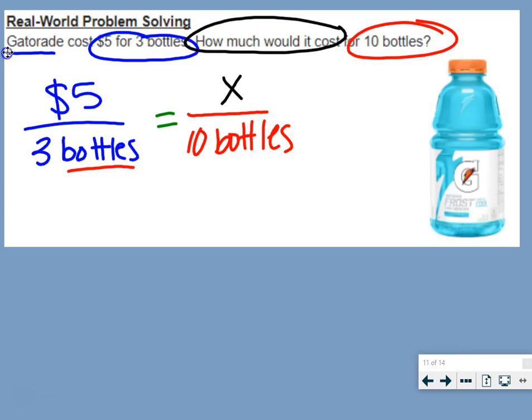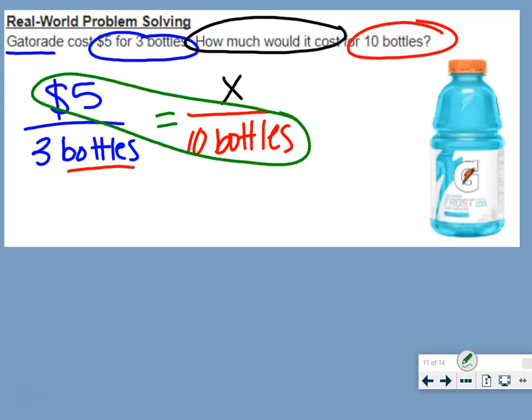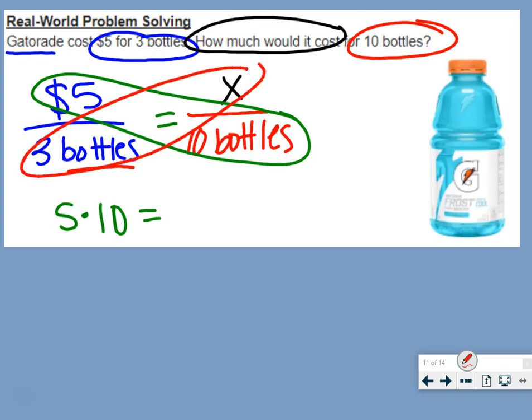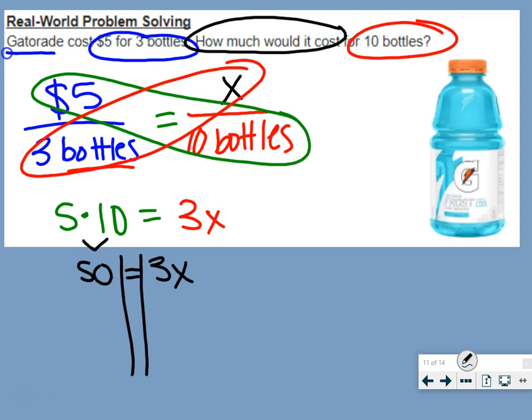Now that we've set up a proportion, we can solve it. $5 times 10 bottles, we would do 5 times 10 equals 3 bottles times x. Well, it's 3 times x, so that'd just be 3x. 5 times 10 equals 50. Solve this for x. 3 times x, to undo that, we would divide by 3 on both sides. We get x equals, and then we're going to do 50 divided by 3, and we get